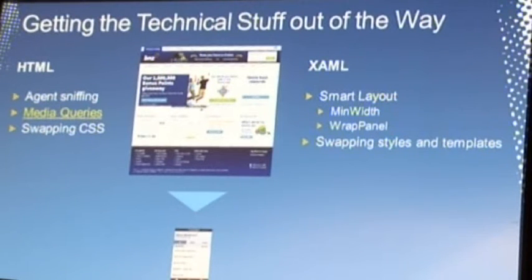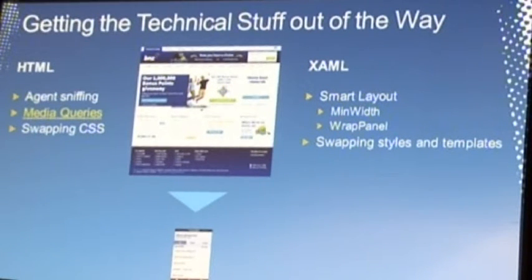So some work we're doing with one of our clients on the phone at the moment, they already have a mobile site. What we're doing for Windows Phone is detecting, sorry, we're not detecting the agent. We know what the agent is because we're accessing the site from within a Windows Phone app. So we know what the agent is, we know it's IE. And what we're doing is we're swapping the CSS live to give a more Windows Phone-y experience, but it's the exact same website that you'll see on your iPhone or on any other mobile browser,